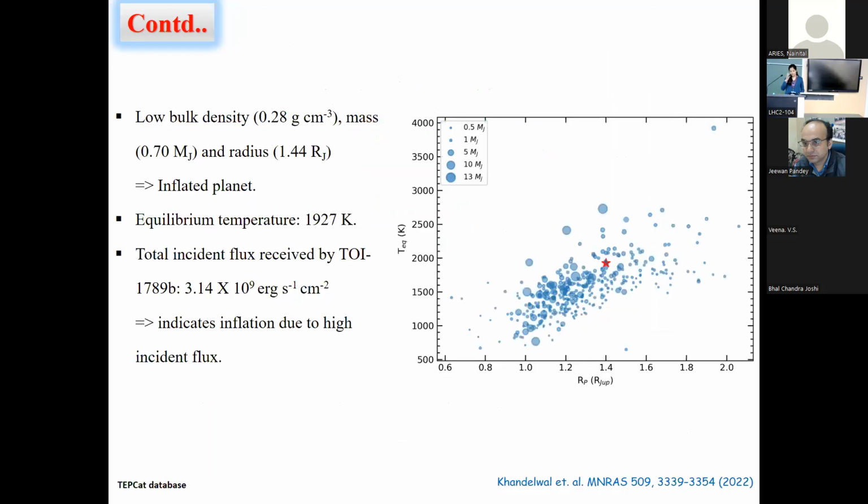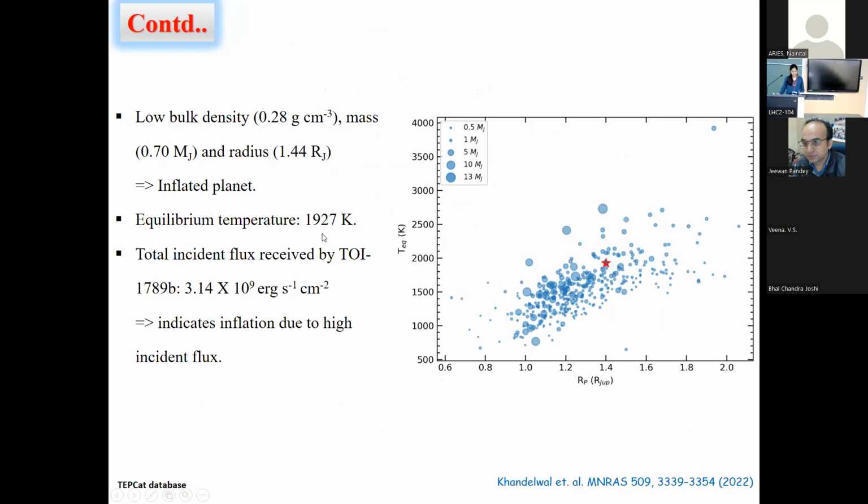And now in this figure, we show the same statistics of exoplanets. On the x-axis we represent the radius of the planet, and on the y-axis we represent the equilibrium temperature of the planet, which shows that the temperature and radius of the planet are correlated. So here, as I previously mentioned, our planet is inflated and it has an equilibrium temperature of 1927,